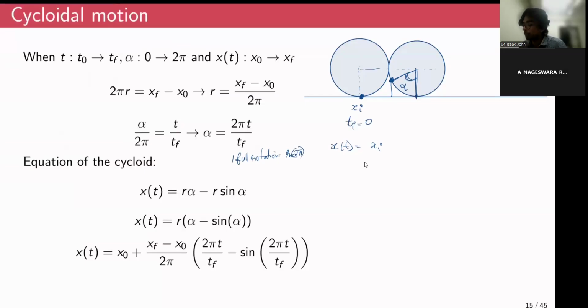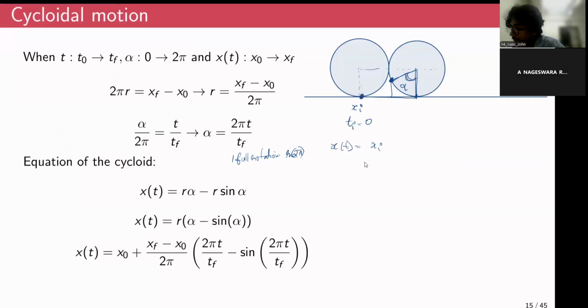But what about at some intermediate rotation? If it rotates a full rotation, that is 2 pi radians, it'll move by an amount of 2 pi r. But what if it moves a finite radian, not 2 pi, but just an alpha radian? This entire distance would be r alpha, right? For a finite rotation,